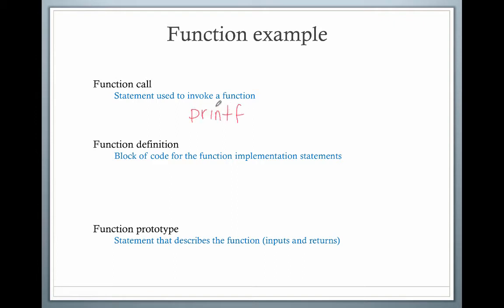We'll just do the simplest form of a function call, and you pass it an argument, and it ends in a semicolon. So that's why it's a statement, and it ends in a semicolon. So all function calls are going to have the name of the function and parentheses and a semicolon. A function definition, just like the main function, is going to have a return type,